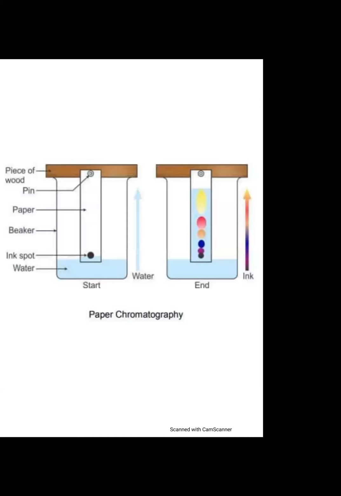You can see in the diagram, I will get different spots. In this diagram, it is visible clearly. Please look here. There is an ink spot. It will dissolve in a solvent. It may be water also. If I dip that paper in the water, the adsorption will take place and that spot will keep moving up. Ink will move up and we are getting different colors separated. This is paper chromatography. Please let me know if any doubt.